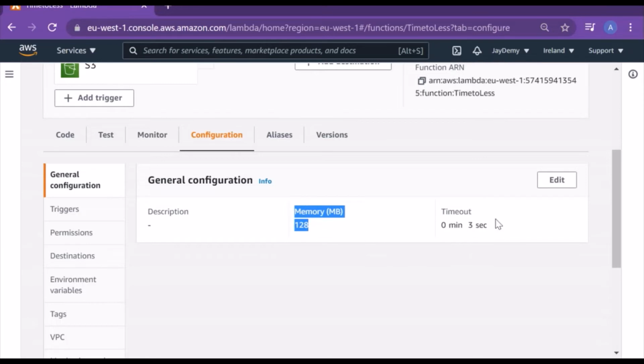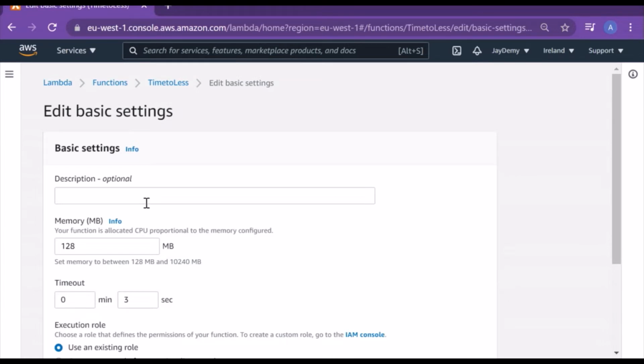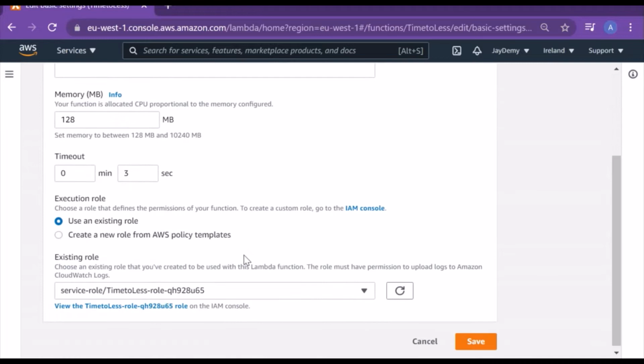That's why it is allocated by default. You have an option to edit it, and you can give the memory size you want, up to 10240 MB only. That's what I explained in my first Lambda session. Timeout we also have here; Lambda allows up to 15 minutes, so you can set a 15 minute timeout.